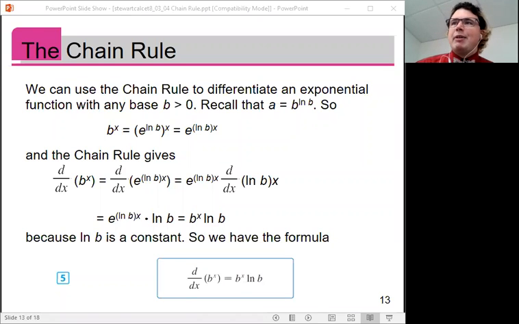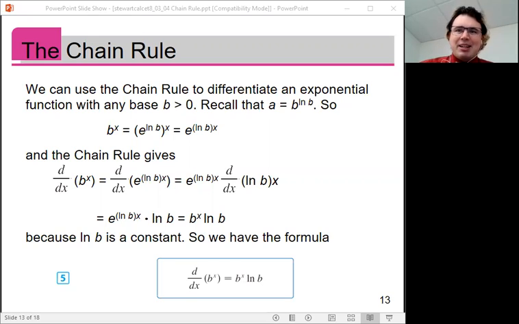Last time we found out that the derivative of the function f of x equals e to the power x is just e to the power x. So a function which is its own derivative. Let's use the chain rule to go a little bit farther and find derivatives for all of the exponential functions